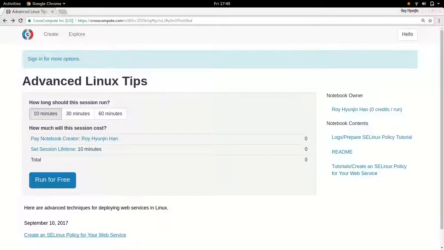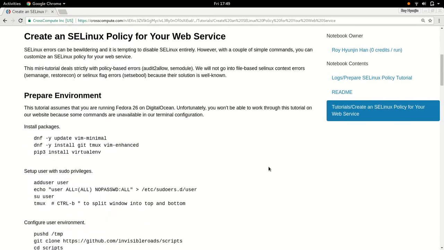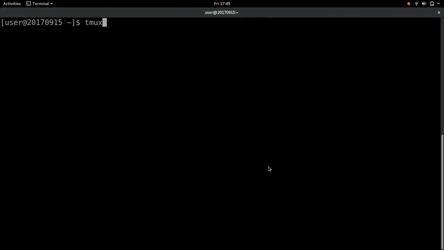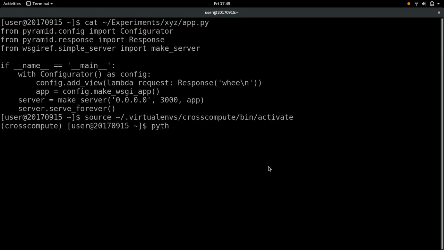In this mini tutorial, we're going to cover how to create a custom SELinux policy for your web service. We're going to have an example web service written in the Pyramid web framework. This example returns "we" each time you make a request to it. And what we want to show is that although the service works as expected when you run it manually,